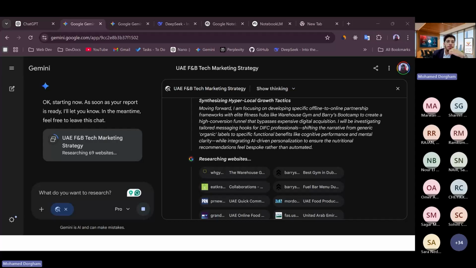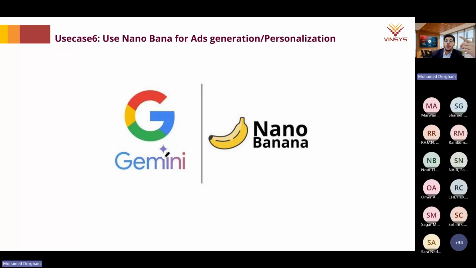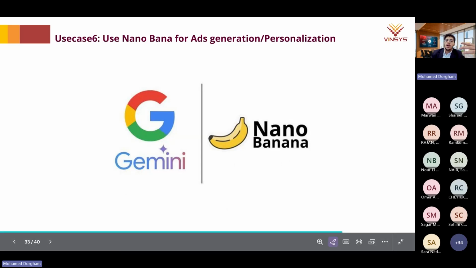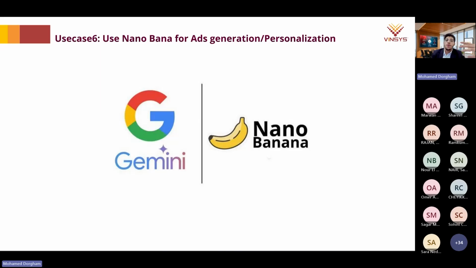Okay, now while it's doing the search, because it's going to take a little bit of time, let's also explore another use case that you can do with Gemini. As you know, Gemini is not only an AI tool that you can chat with like ChatGPT. It has a very powerful feature, which is Nano Banana. And Nano Banana is a really effective AI tool that can help you generate any visual effect or any visual presentation.